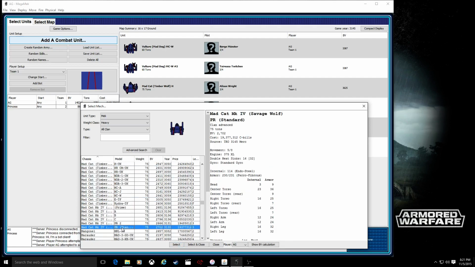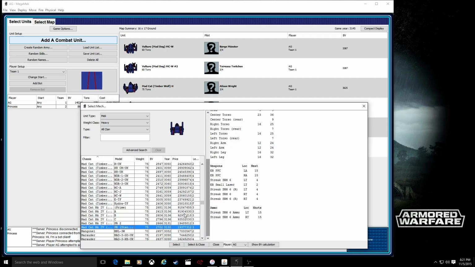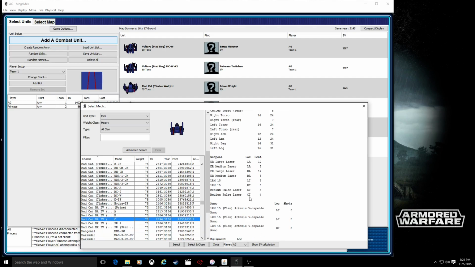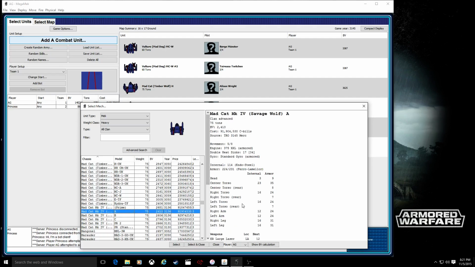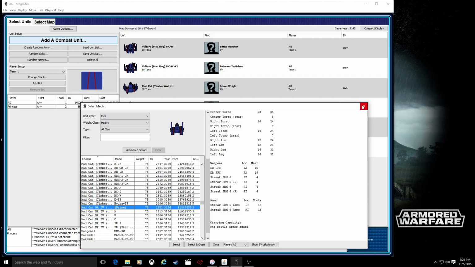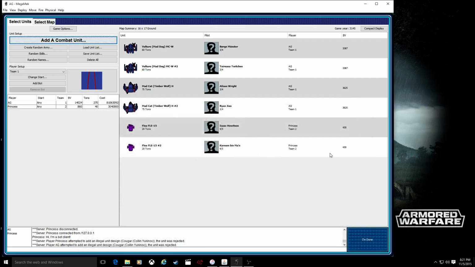And then here's the Gen 2, or the next generation Mad Cat. Bunch of streaks. Couple LRM 15s and medium pulse. So you can actually go through each and every single type. I like it. It also kind of gives you a feeling of how the game should be played,